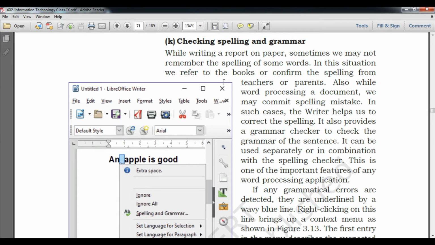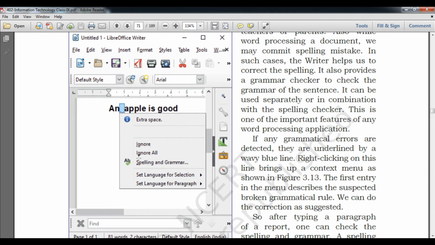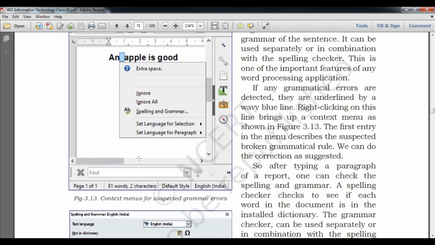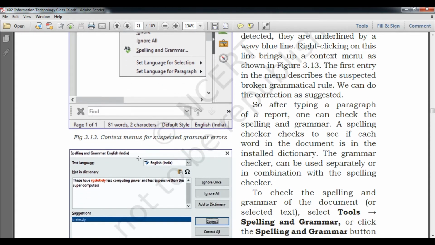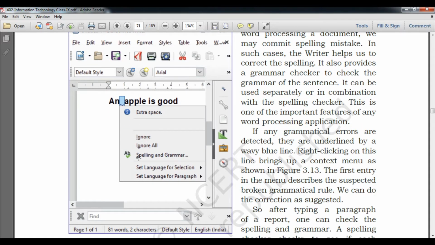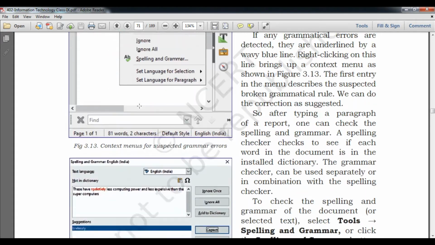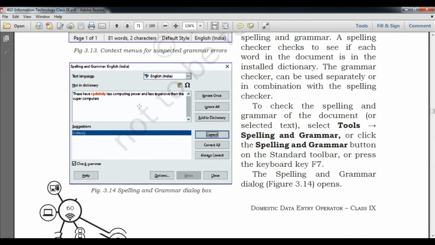To check the spelling and grammar, we need to just see this particular diagram, student. Here the possibility allows us to check the spelling also according to the number of dictionaries. If a text has a misspelling by the student or the operator, it will be shown with a red underline, and it will show you the message also, which type of error you have made.